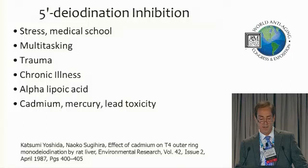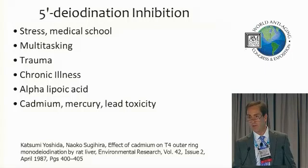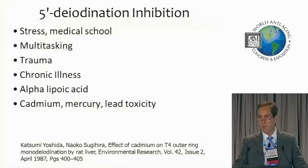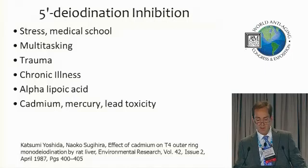Multitasking, very distracting and damaging to the system. Stress, trauma, chronic illness, alpha-lipoic acid, a very strong antioxidant, but even that can impair conversion. Heavy metals can cause problems. And one thing that you may not have heard of is hyperinsulinemia. It can also impair conversion of T4 to T3. So just think about those people that are having hyperinsulinemia, and then on top of that,